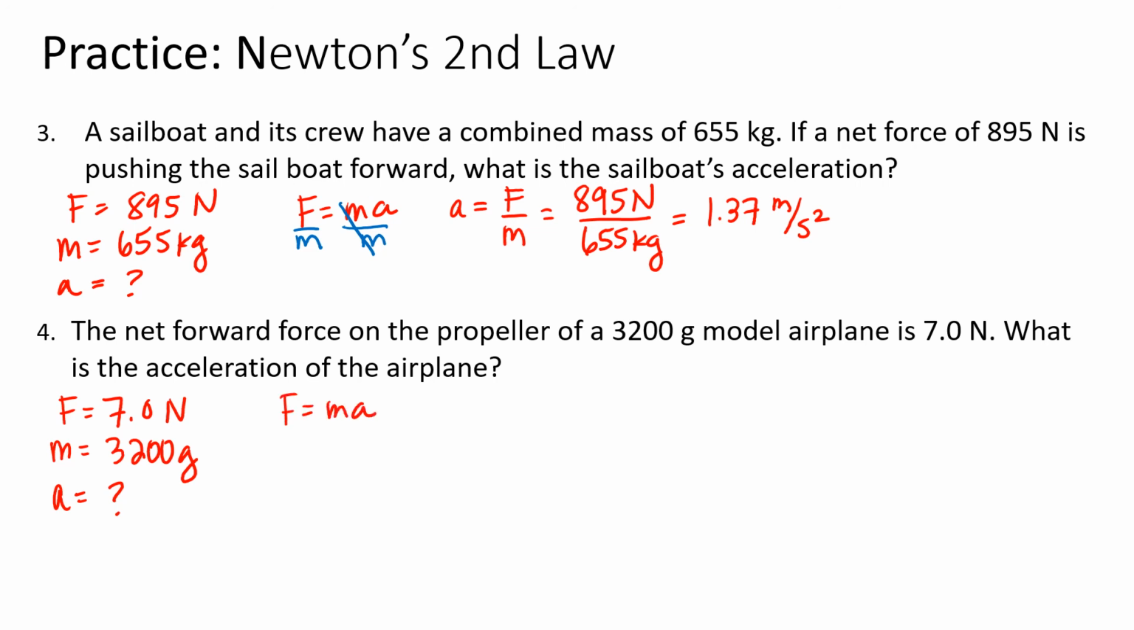But here, we're not just yet ready to use this formula. We need to make sure all of our units are correct. And for mass, they're not correct. So we need to make sure that we convert those grams into kilograms so we can use this formula. So I have 3,200 grams. I know that there's 1,000 grams in 1 kilogram. So 3,200 divided by 1,000 is going to give us